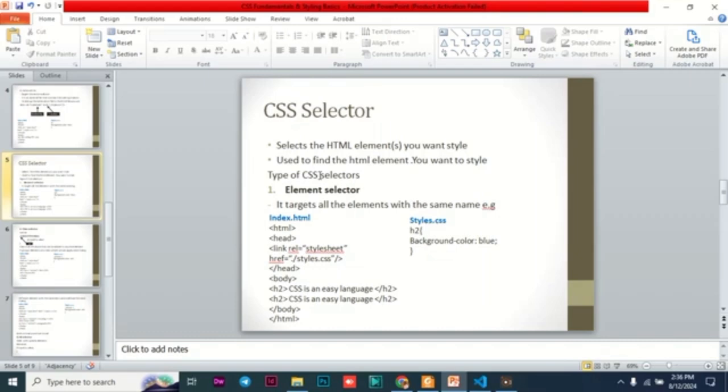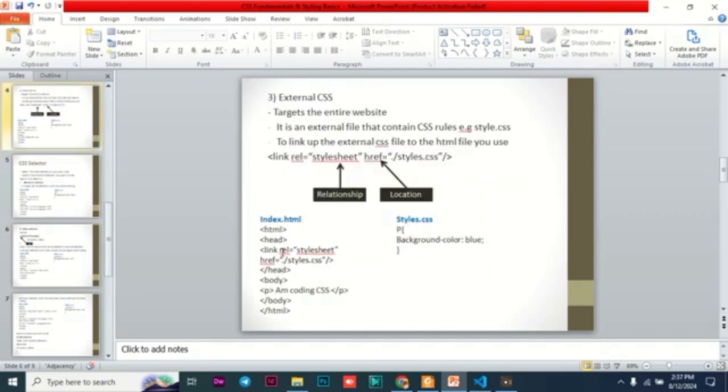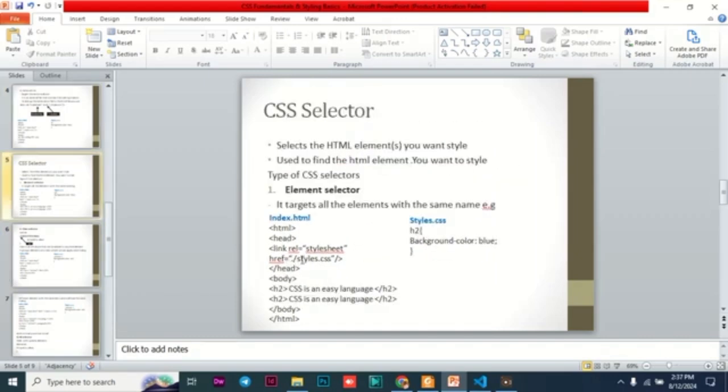So the first one is what you call the element selector. It targets all elements with the same name. In this example down here, you can see we have an external CSS file, but down here in the body section, you realize that we have two heading 2 elements. The first one has the content CSS is an easy language, but the second one has CSS